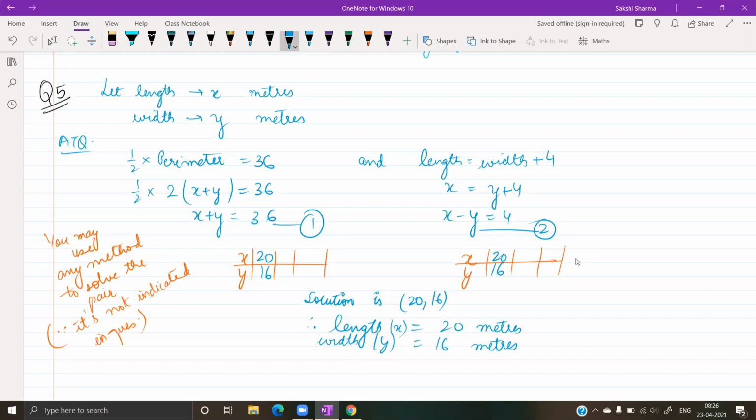If you do it with graph, only then you need to find out these pairs of values because we will be using them to plot the graph, जो आपने lines draw करनी है. Otherwise, अगर आप कोई algebraic method use कर रहे हो, फिर इसकी importance नहीं है. When we solve the pair, we directly end up with a pair of values for x and y. That will give you the answer. Algebraic method का ये advantage है, आपको multiple answers नहीं निकालने पड़ेंगे. You will directly work with your equations and the values of x and y obtained give the solution, if there exists.